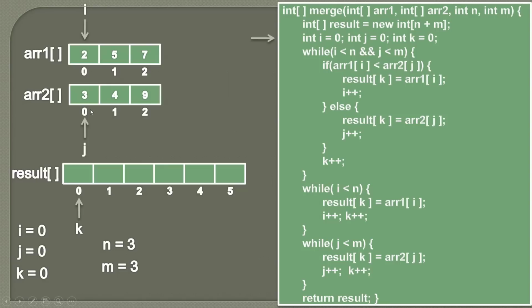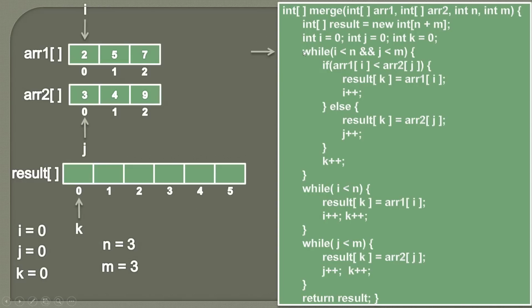So these two pointers are used for comparison, and this pointer is used to fill this array. The filling of this array is sequential, where we place elements one by one and increment k one by one. Similarly, this comparison is also sequential. We are finding the minimum value at each iteration and simply updating it into the result array. So here,